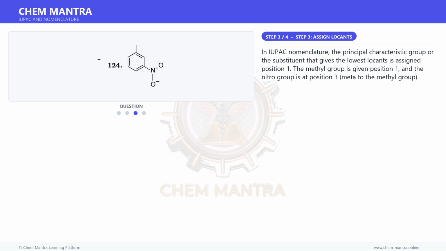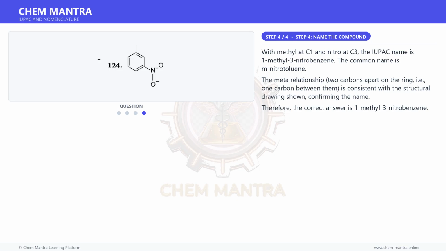In IUPAC nomenclature, the principal characteristic group or the substituent that gives the lowest locants is assigned position 1. The methyl group is given position 1 and the nitro group is at position 3, meta to the methyl group. And for the final step, with methyl at C1 and nitro at C3, the IUPAC name is